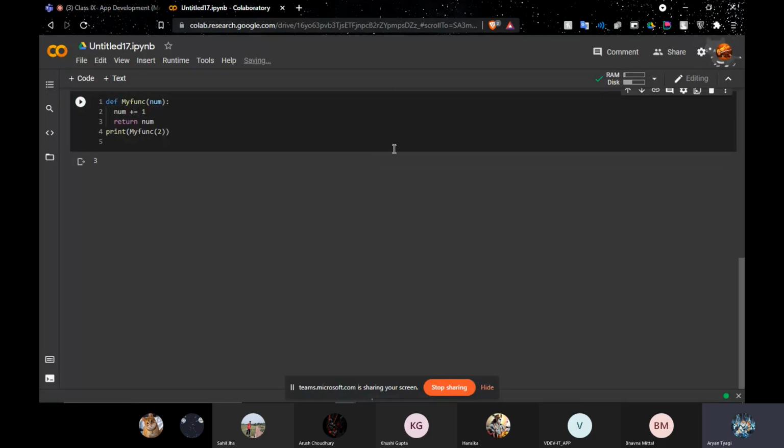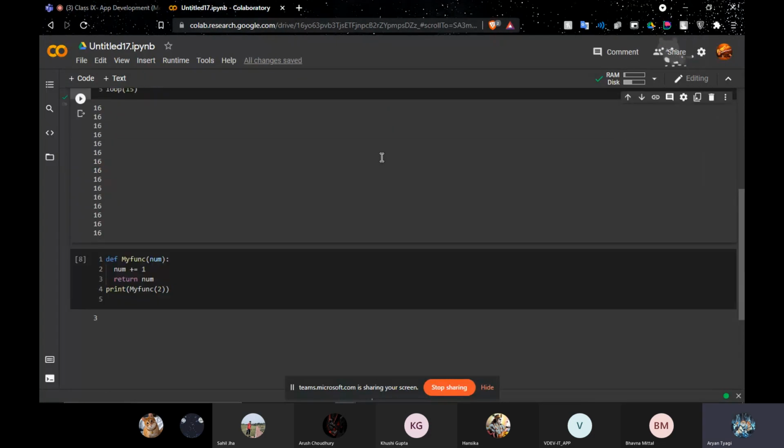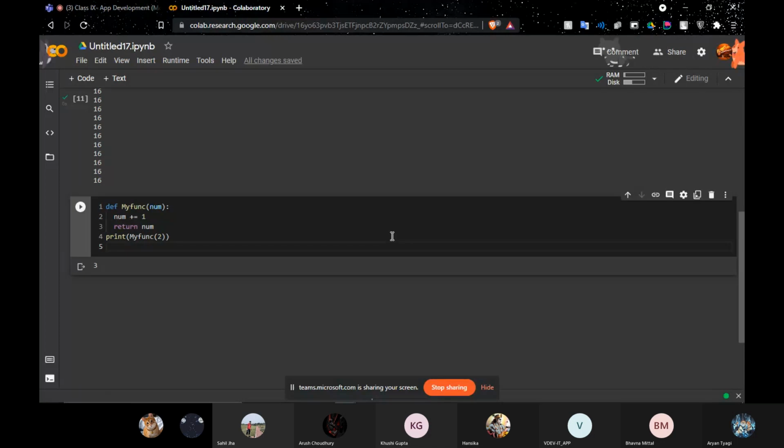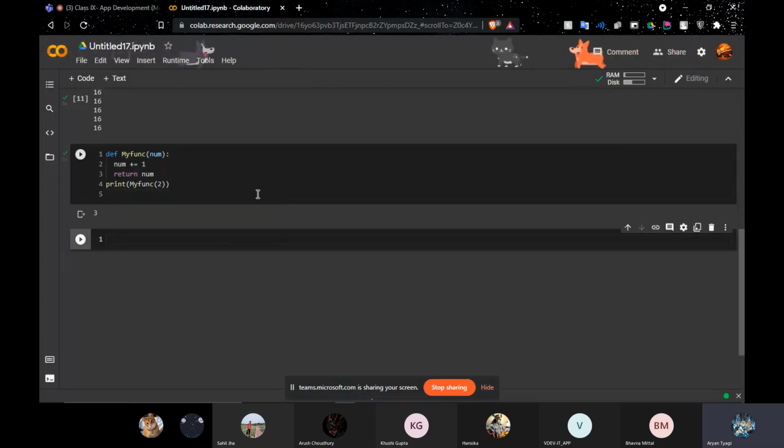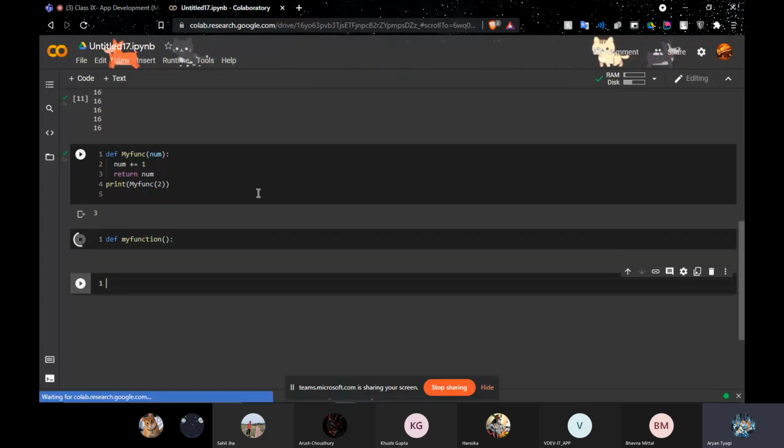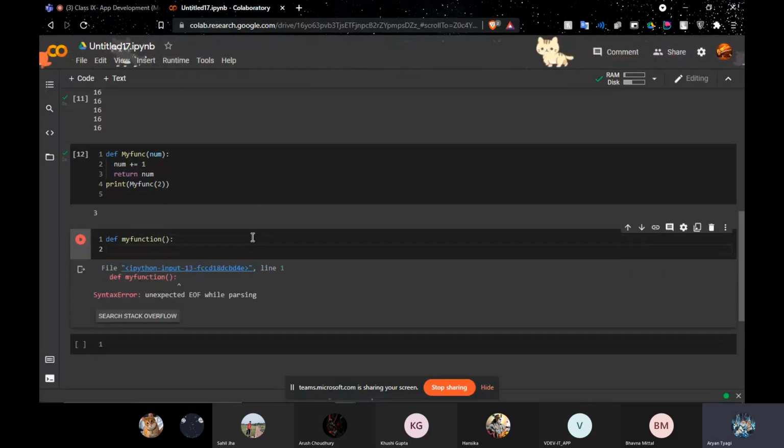Now let's just say we have another function. For example, let's do one function without a variable. So we have, for example, define my function. This one is without a variable, and it can directly take code statements. So before print, let's just ask for the user's input.